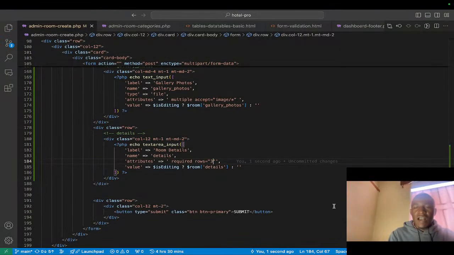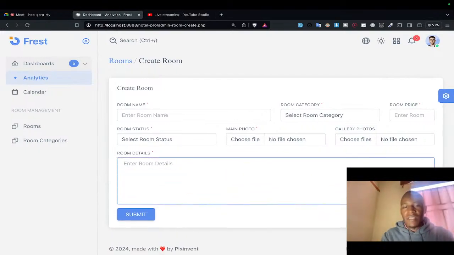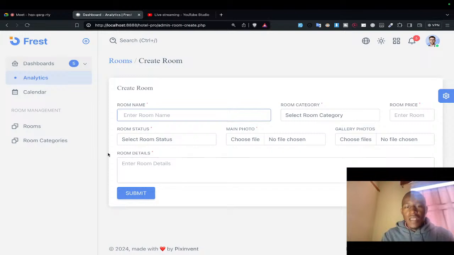However, you have the ability to do what? To expand your text area using this. So this will be the room details, which is also required. We proceed